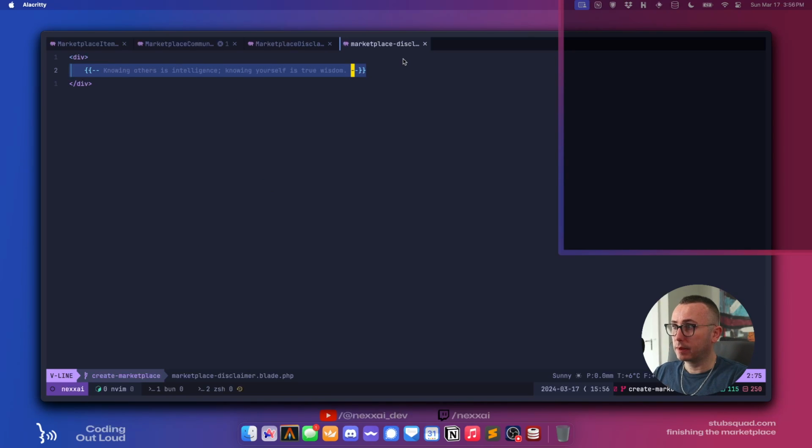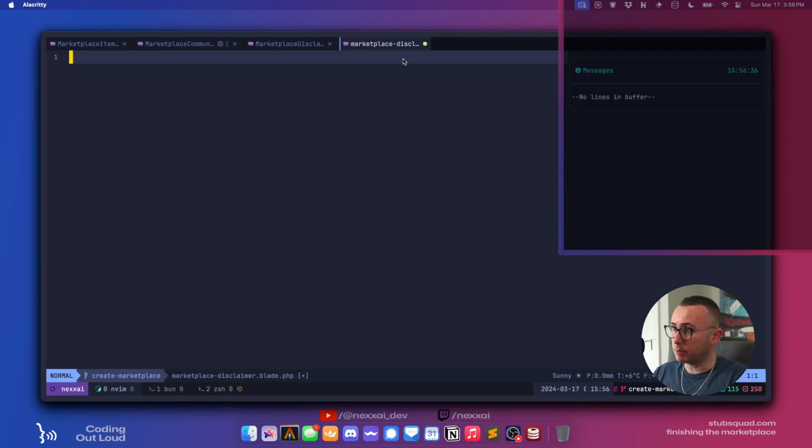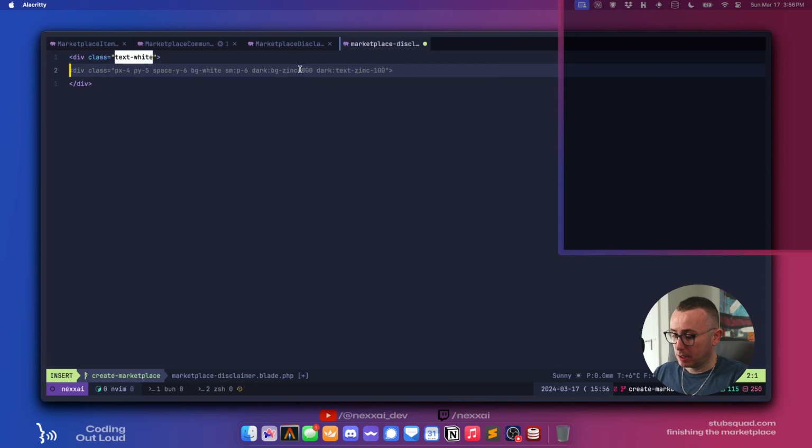and this is going to be super ugly. We're going to say, and we'll just give it some base classes right now, and we'll style it in a minute. So text white, and we'll say contacting this admin means they will see your full name and email address.